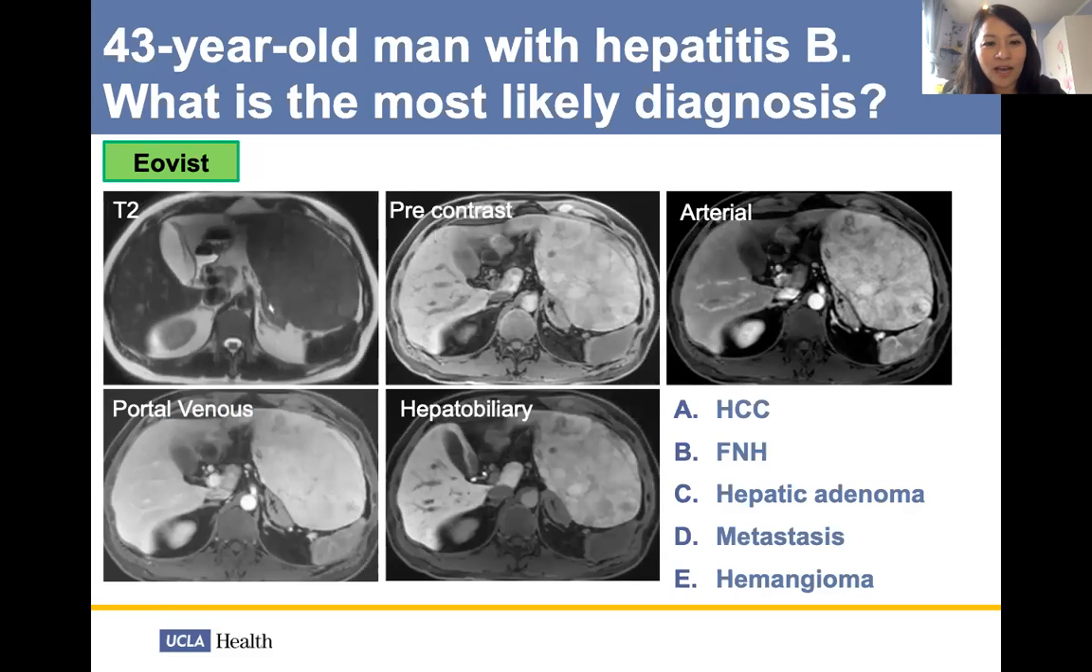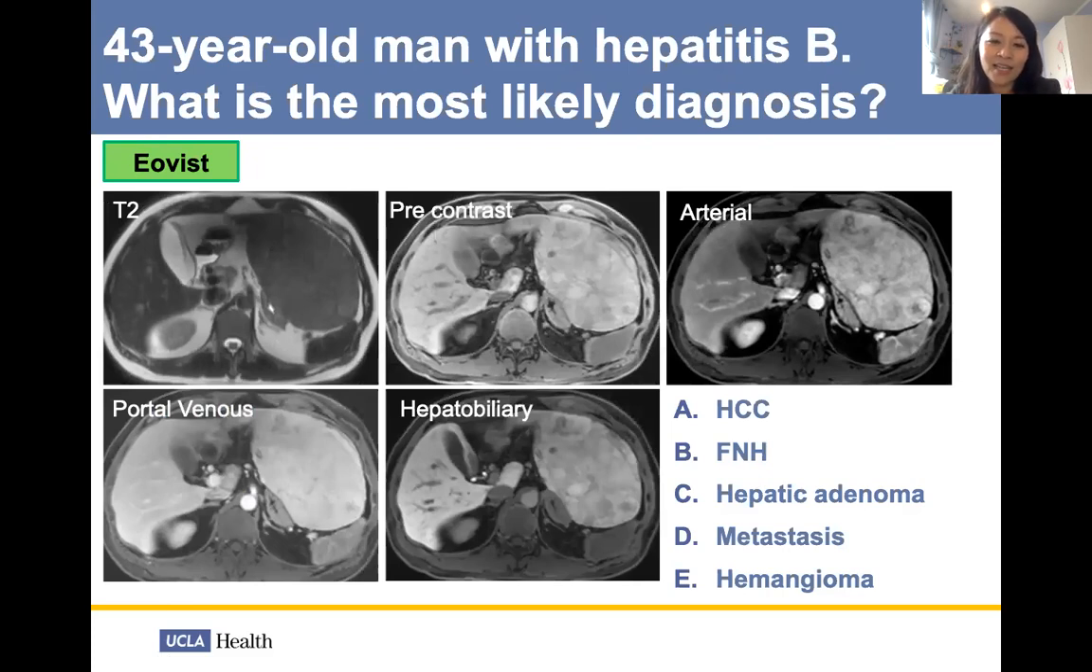Hepatic adenoma? Patient has hepatitis B, so you can't call it adenoma because the patient has background diffuse liver disease. It doesn't look like a met to me. It looks like a primary liver lesion. It's not T2 bright enough to be a hemangioma. So because of her background, I would give this